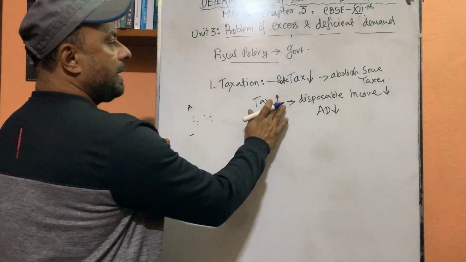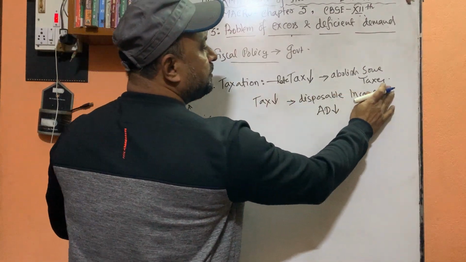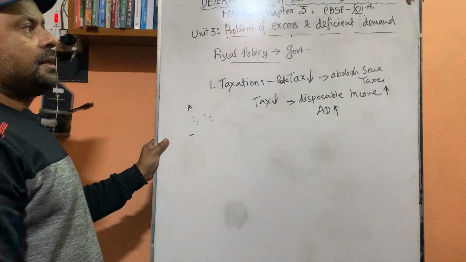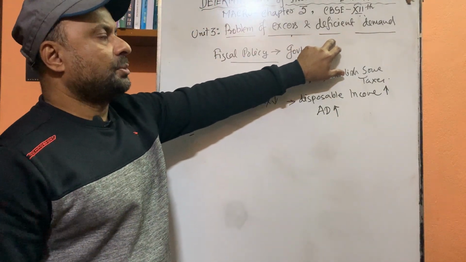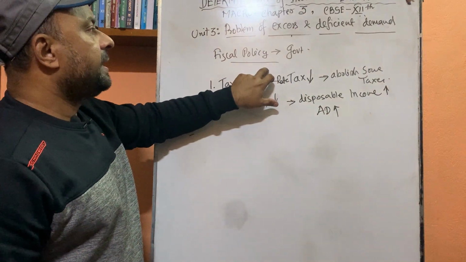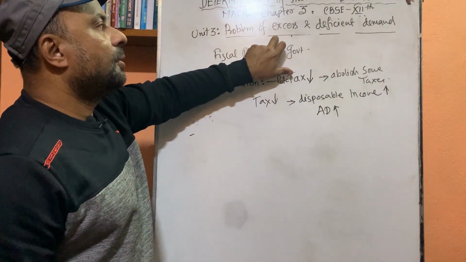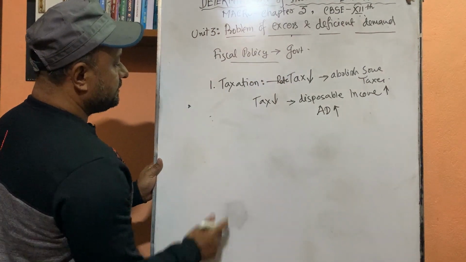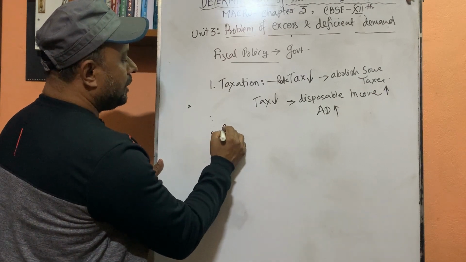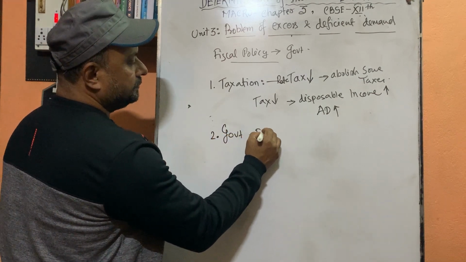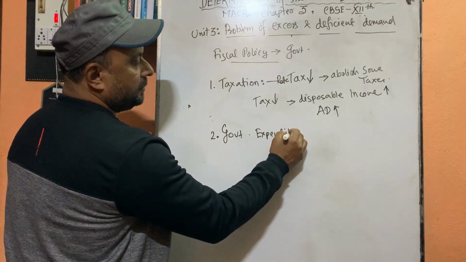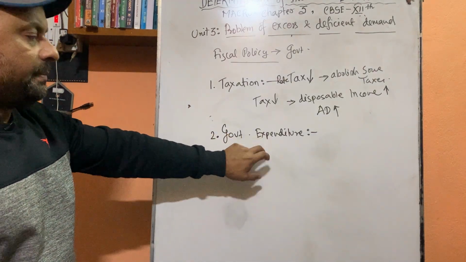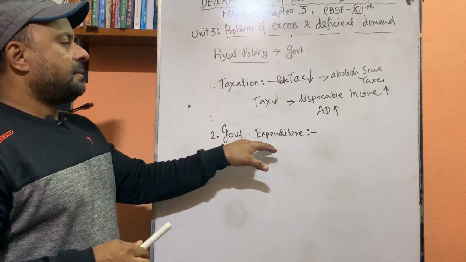So what happens? People have to pay less tax, disposable income will rise, and the aggregate demand of the economy also will rise. So our problem of deficient demand is solved. So by taxation, government can reduce the problem of excess and deficient demand. Second instrument is government expenditure. Government expenditure means the expenditure made by the government for the welfare of the country